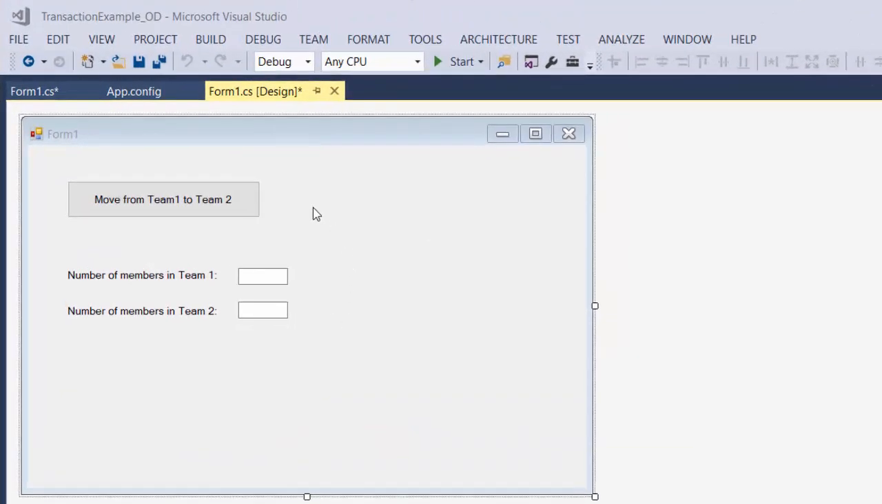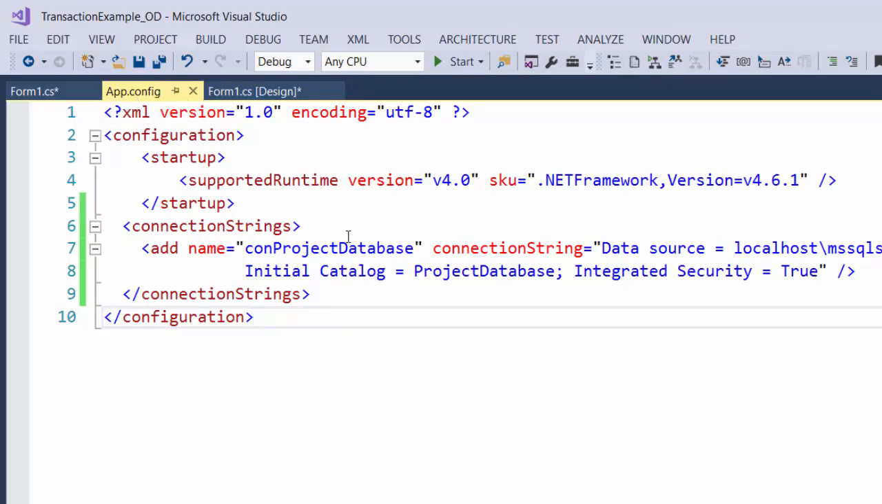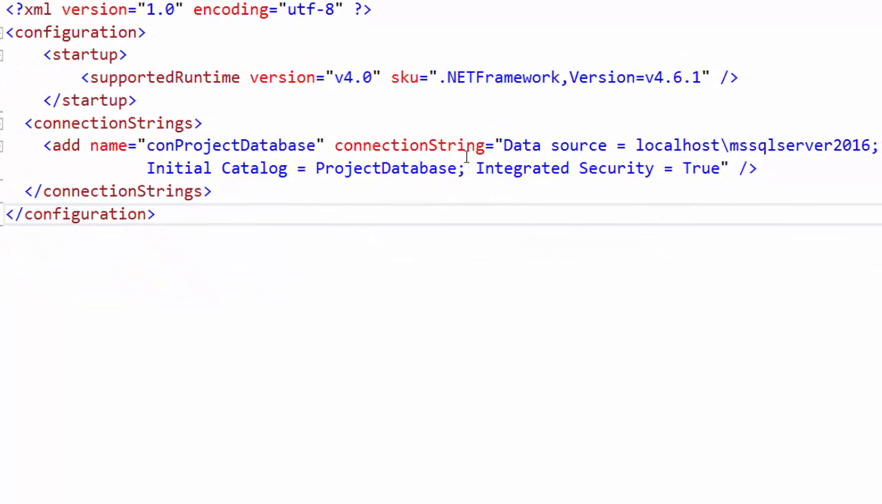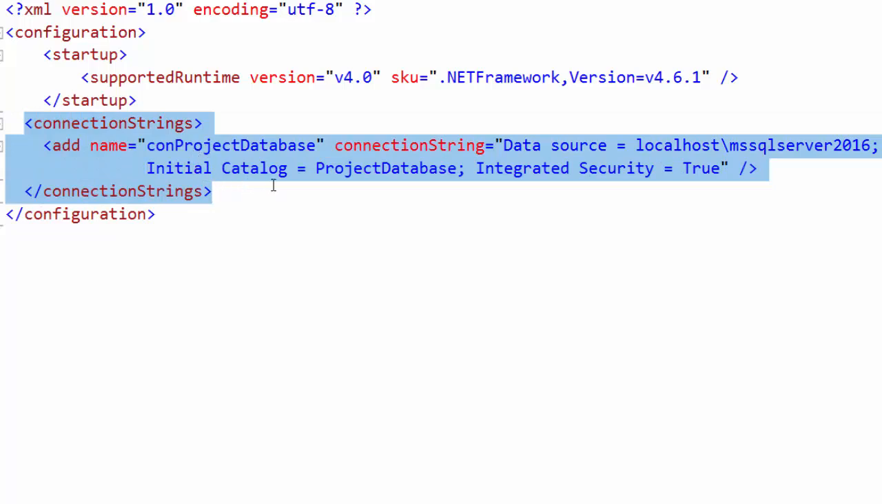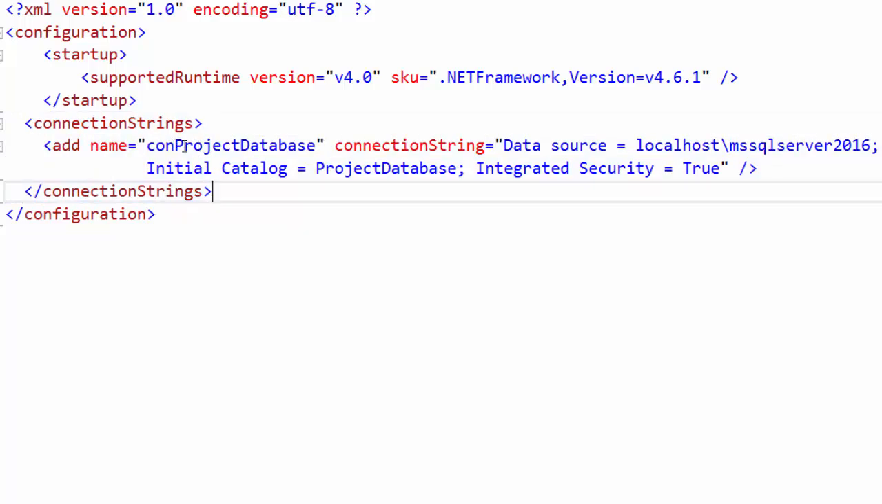First, we will look at an example without transaction handling. I will use a simple C# form with 1 button and 2 text boxes. In these text boxes, I want to see how many members there are in team 1 and team 2. I have defined in app-config a connection string so that we can easily connect to the database. We can see it here within these connection strings tags, and I can then use conproject database in my C#